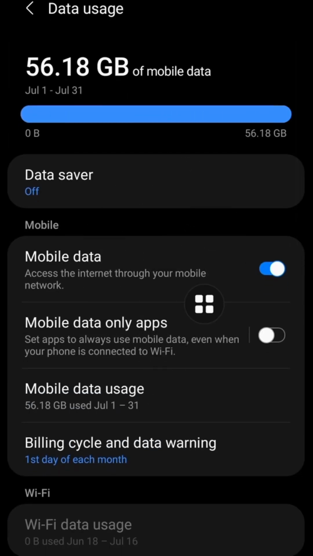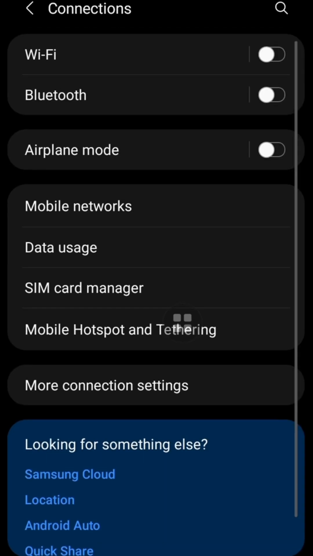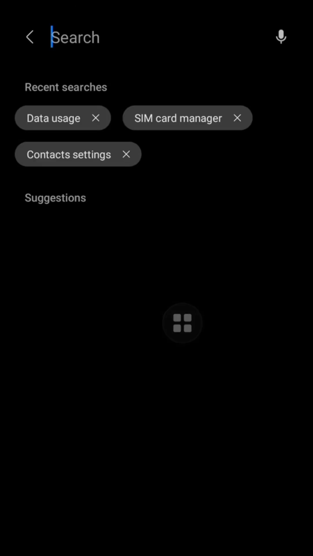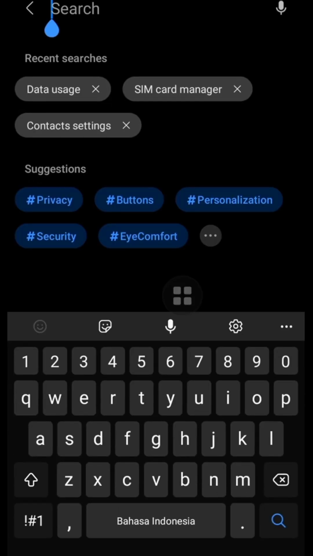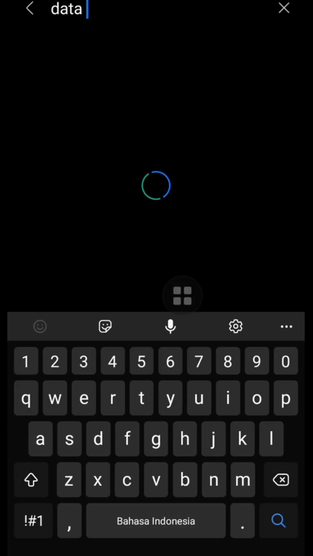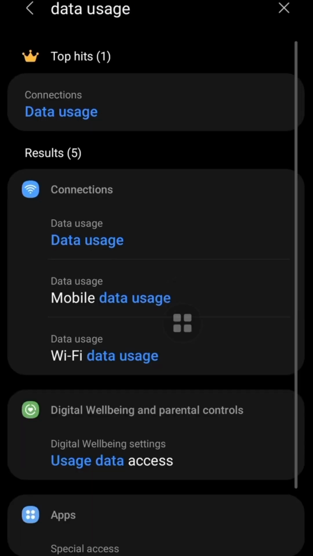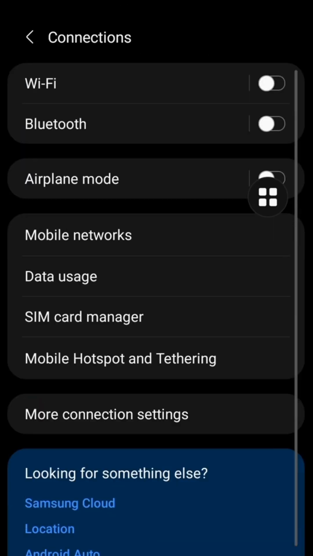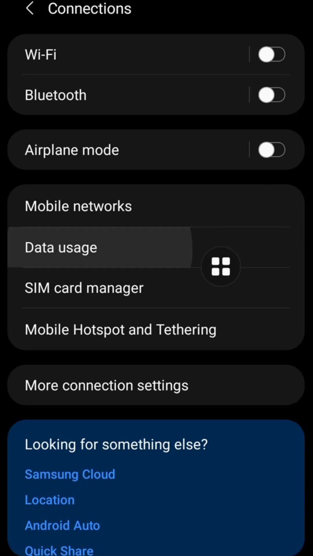like this. But since every phone may have a slightly different layout, you can also simply type data usage in the settings search bar. Data usage, like this. In this way you will find the page more easily. Just tap it again,